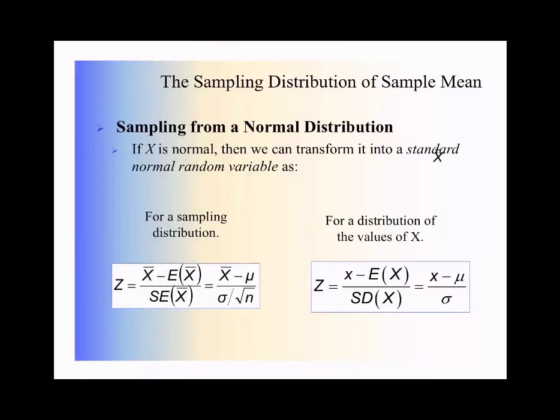Now, another thing we know about our normal distribution, another reason we like it so much, is that we can also use it to transform our data into a standard normal random variable, using the z formula that we talked about before on a previous slide or presentation. And just as we did before, but now we have a second option. So our first option, which is here, is the one we've talked about before, where we take the value we're interested in, we subtract the mean, and we divide by the standard deviation. This is really better used if you've got a whole population of data, which you normally don't have.